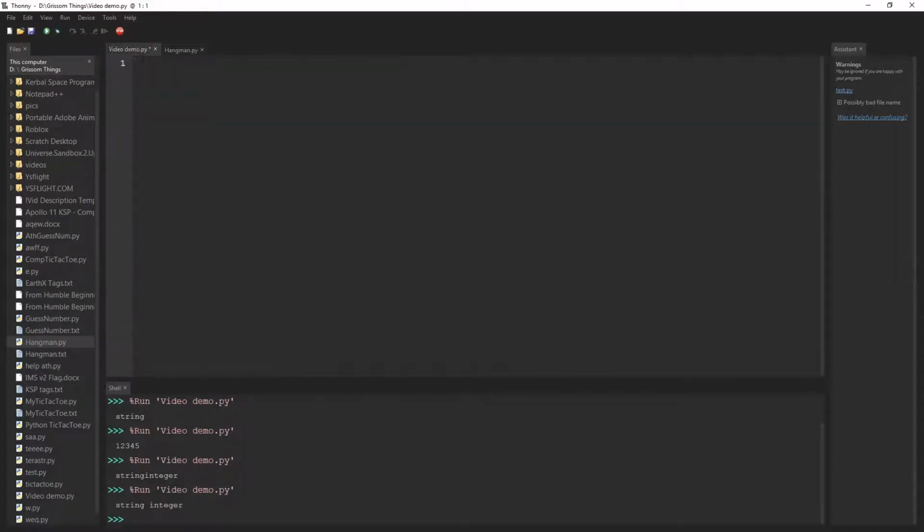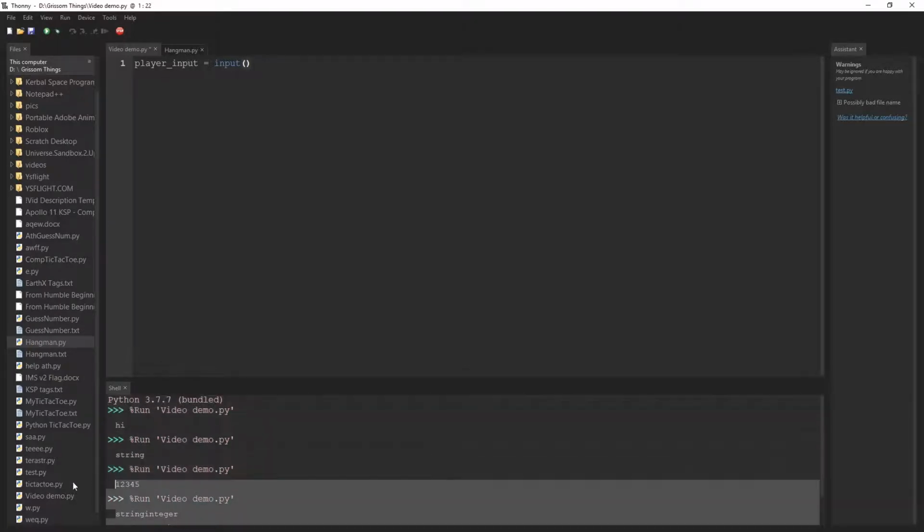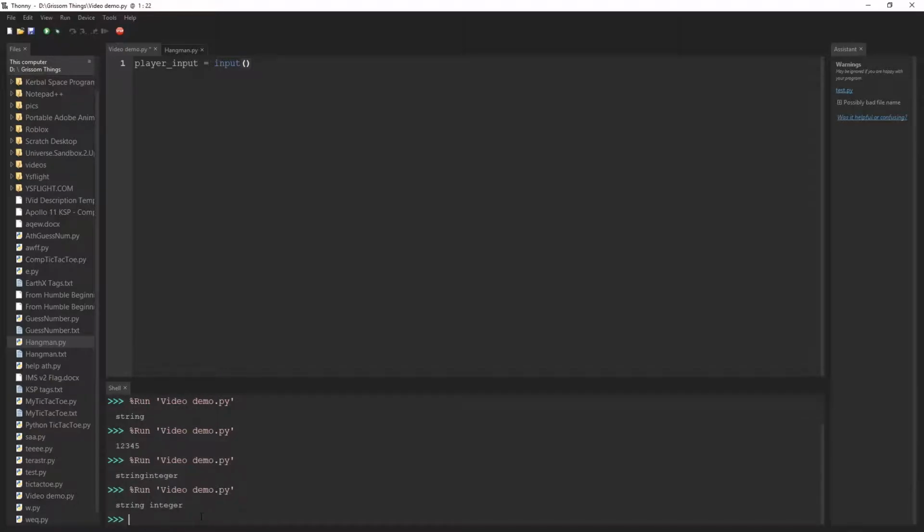What the input does is set player input equals input and then brackets. Basically what input does is put a string of text inside your shell where all of your text goes, and then you can put in an answer and press enter, and then it will set your variable to what you said